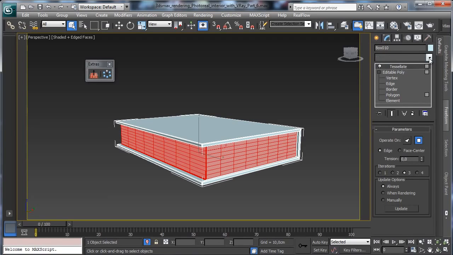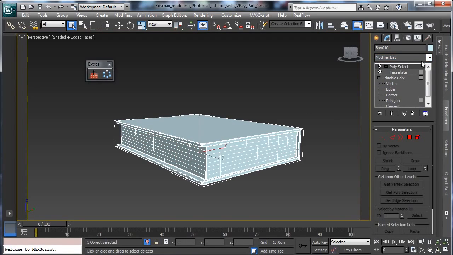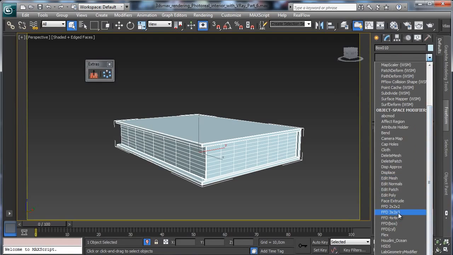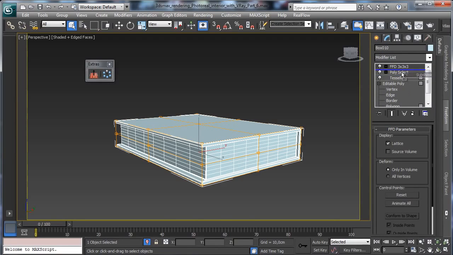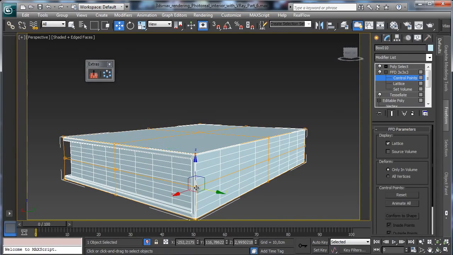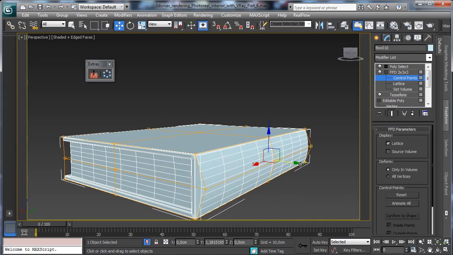Okay, let's try this way, and poly select to close the selection, and then we can use a 3 FFD, or maybe we can use it before. So select there, and let's move a little bit, so you see we have control over the shape there, and we can do the same over the side of the book. Okay,